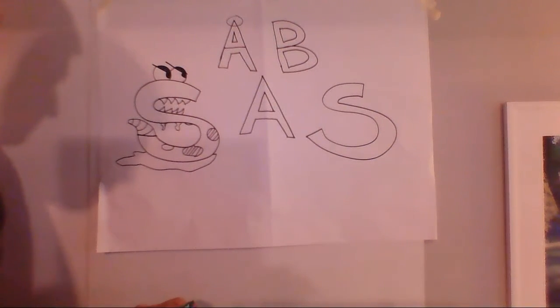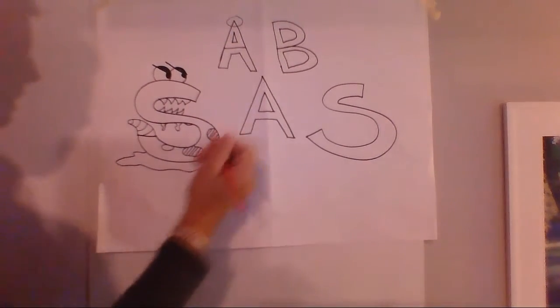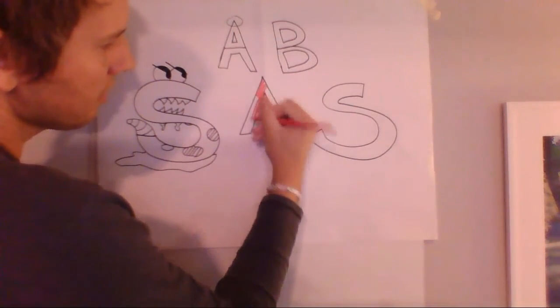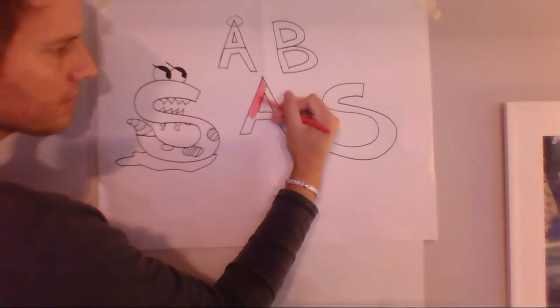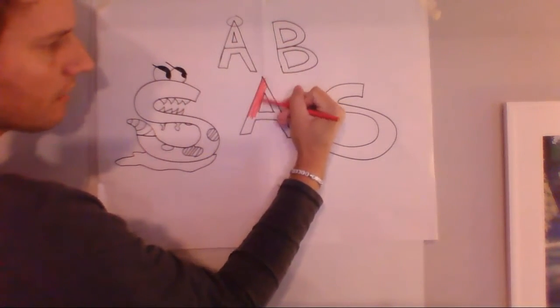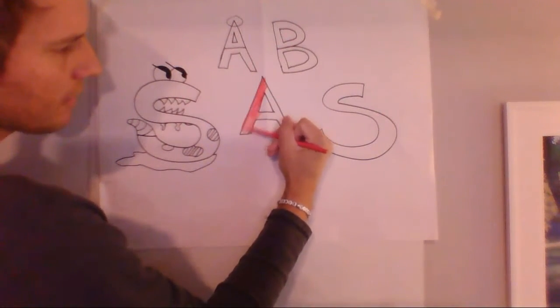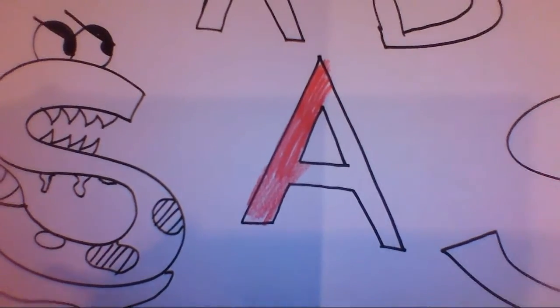If you're using colored pencils, some people will say, oh, I'm using colored pencils. I'll grab red, and they color in the A, and they just go like this. I think you can see that, right, kind of? It's a little bit far away, I understand that. But they kind of go outside the lines. Okay, I'm not going to have you watch me color the whole thing. But going a little closer here, see, it's a little sloppy, and do you see how there's streaks of dark and light red in there